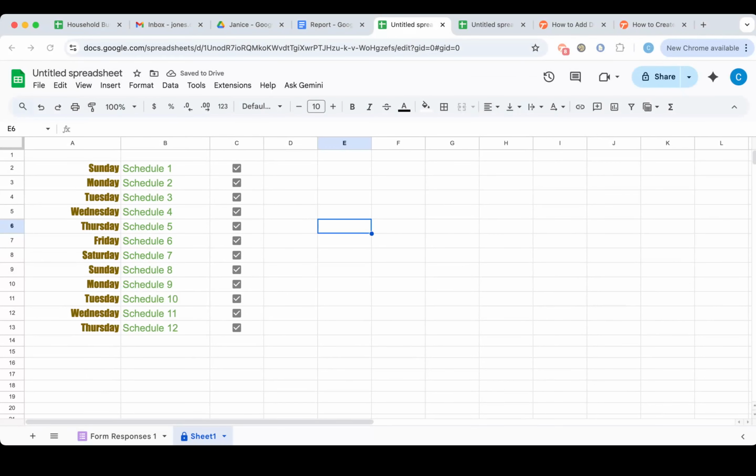In today's video, I'm going to teach you how to create a filter in Google Sheets. Whether you're managing large datasets or just trying to organize your personal records more effectively, filters can be an incredibly powerful tool. They allow you to easily view specific data subsets, which is essential for making better decisions based on